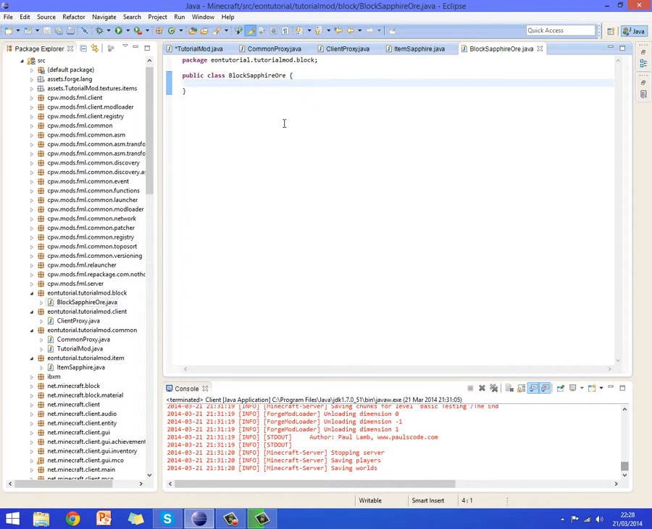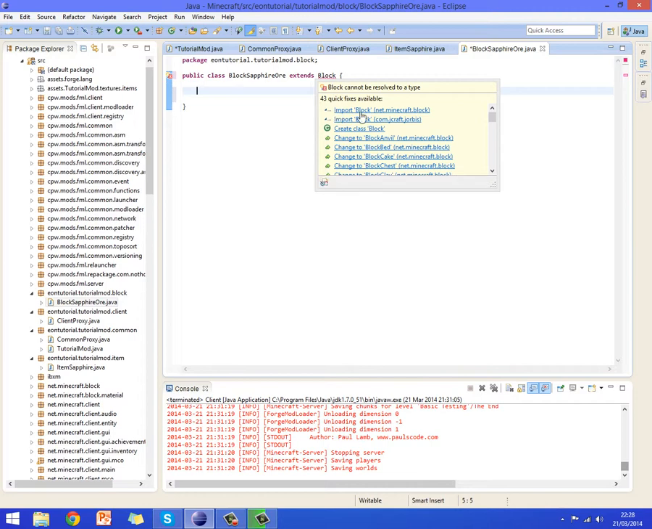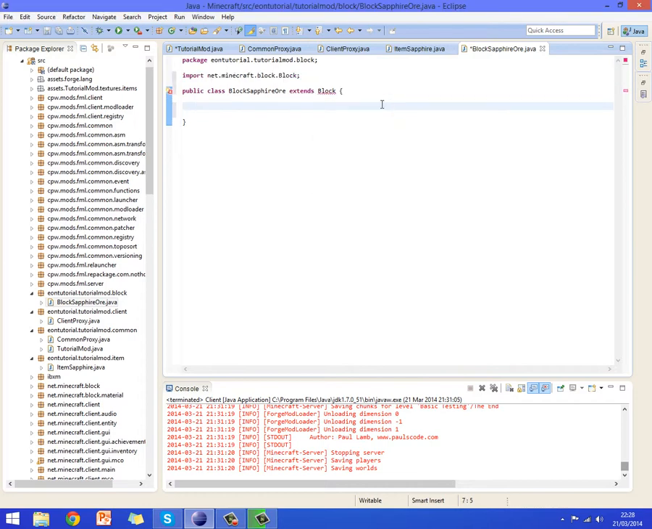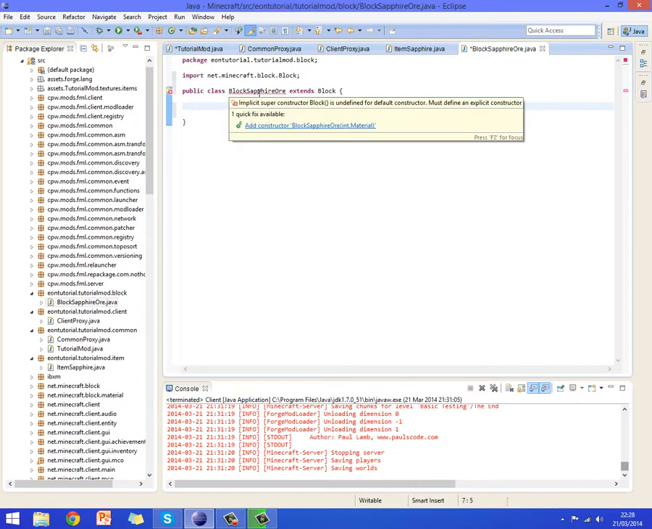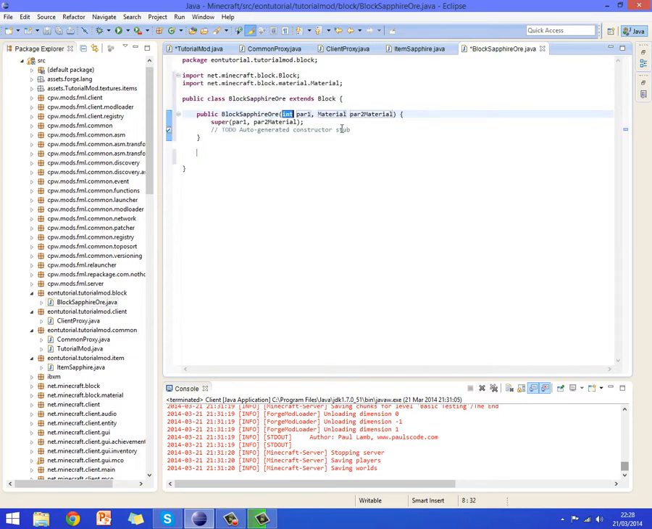Okay, this one's a little bit more complex than an item. So we're going to do public class block sapphire ore extends block, block with a capital B. Block can't be resolved to a type. There we go. So import block net.minecraft.block. Click that one, and then mouse over this and add constructor. Now if we just get rid of this generated stub thing, I don't know what that's there for,